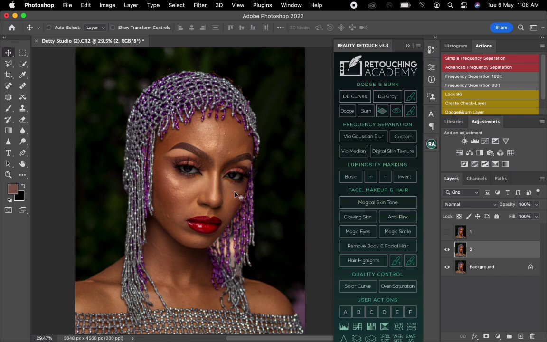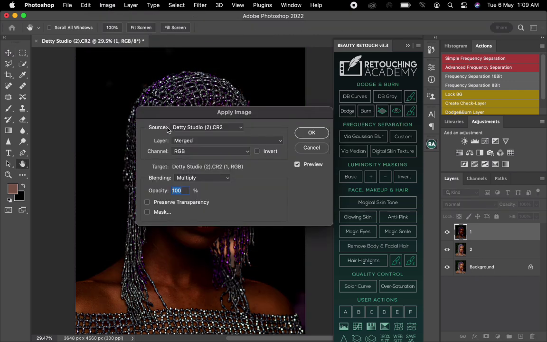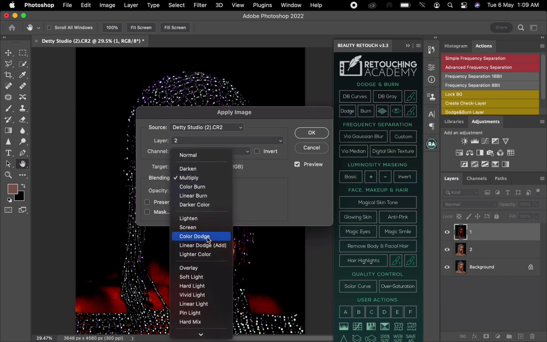After that, you can see the image is looking blurry, but you shouldn't worry. I'll come back to this layer 1. I'll now open the visibility, go to my Image menu and click on Apply Image. Once I click on Apply Image, I'll come to where I have my layer. I'll make sure I merge it with the layer 2, and also I'll change the blending to